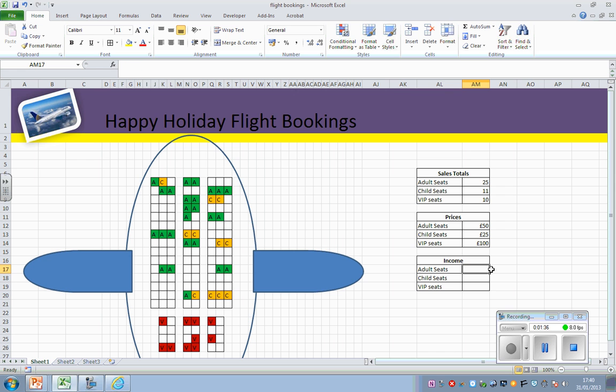So for adult seats, the formula you're going to have to write, which is a little bit of code. All formulas start with the equals button. So I'm going to say adult seats, the income equals the number of seats sold. So I'm going to click on 25 and it's put a cell reference in there for me. So the number of seats sold times, which is the star key,